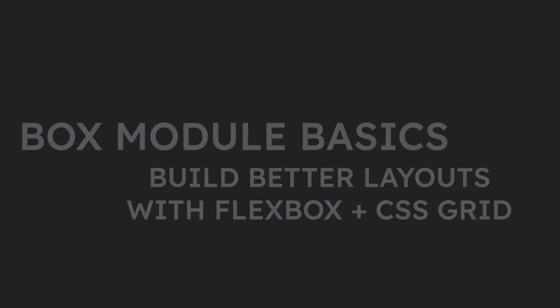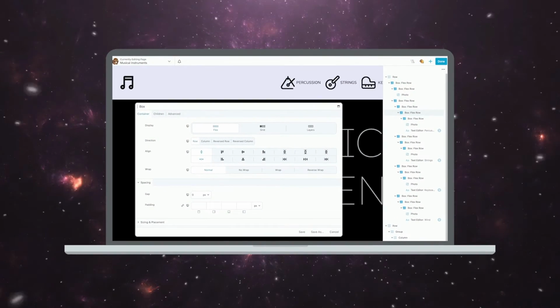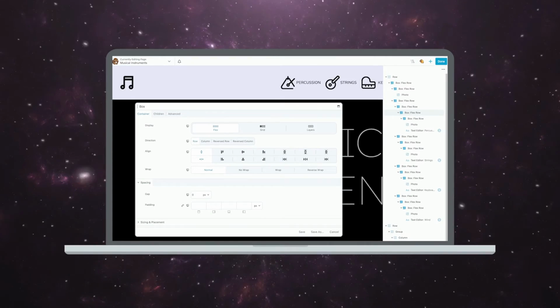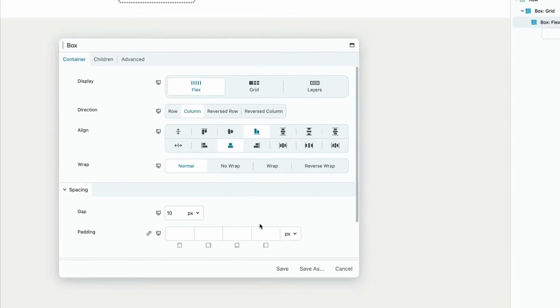The box module is like its own little microcosm inside of Beaver Builder. There are so many things you can do with it. And once you get familiar with how it works, it is going to rock your world. The box module is all about making it easy to create designs with two very powerful layout models, Flexbox and